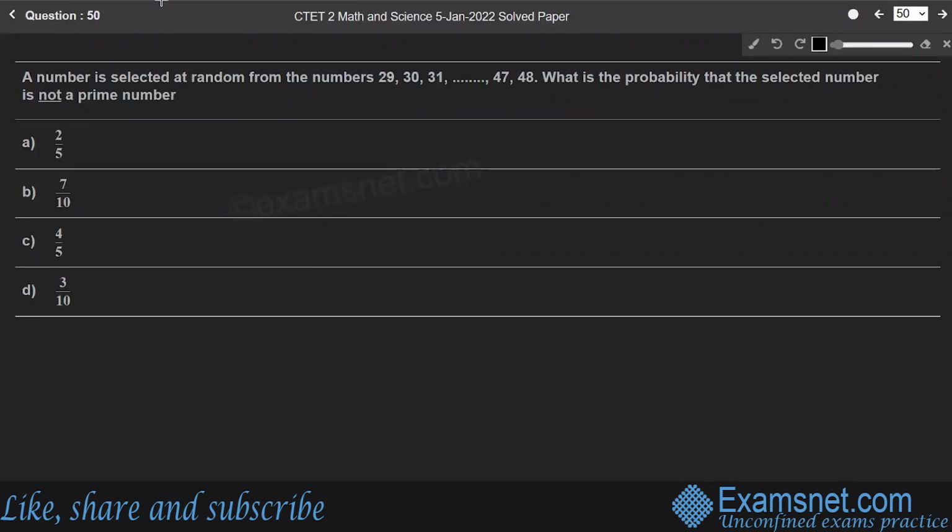Question number 50. A number is selected at random from the numbers 29, 30, 31, so on up to 48. What is the probability that the selected number is not a prime number? Right. So the numbers given